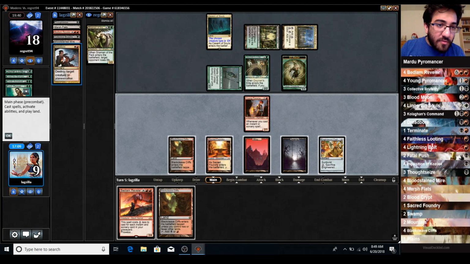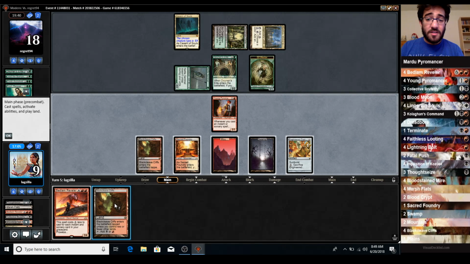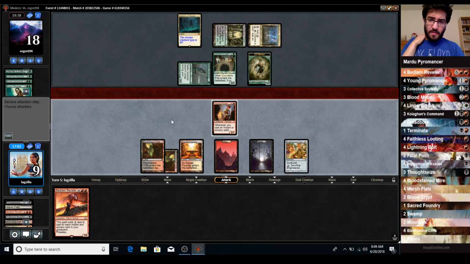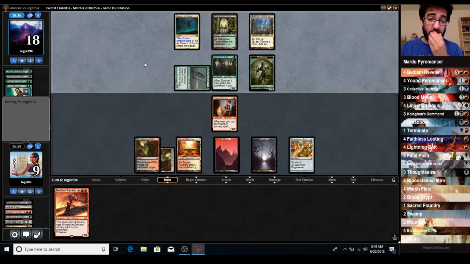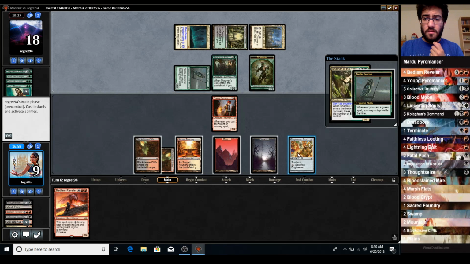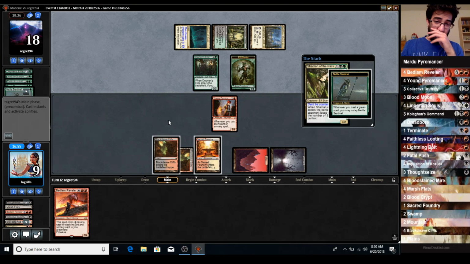See, how many do we have? 1, 2, 3 in the yard, so we can do it next turn with the land. Man, our opponent definitely has some live draws here to get back into it. Let's go ahead and blow that up right now. It means we take